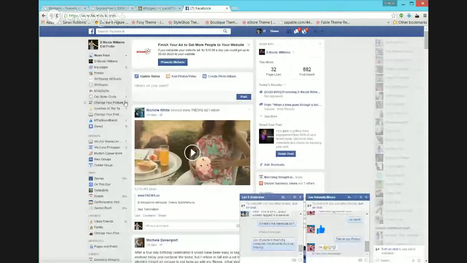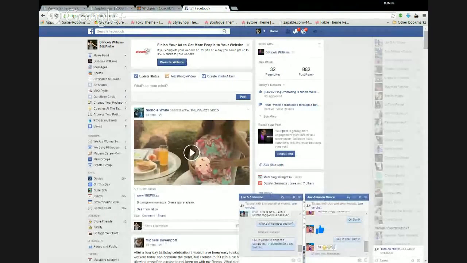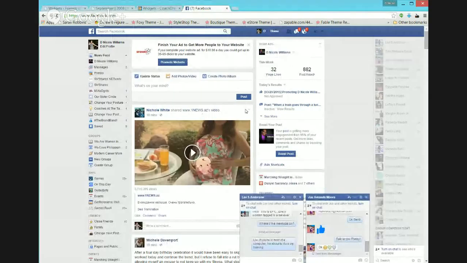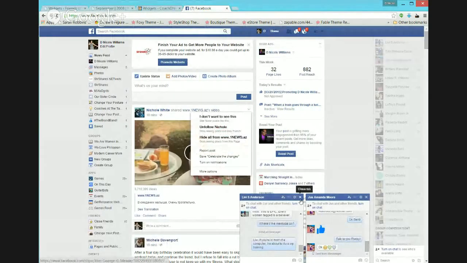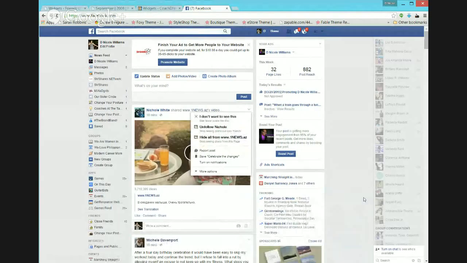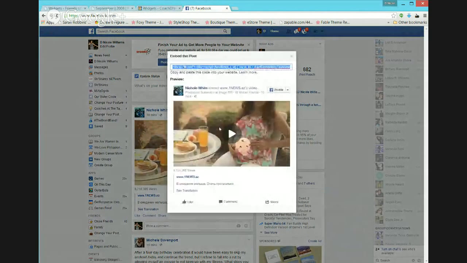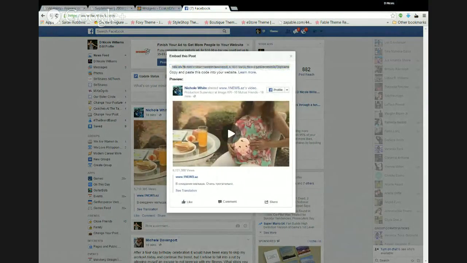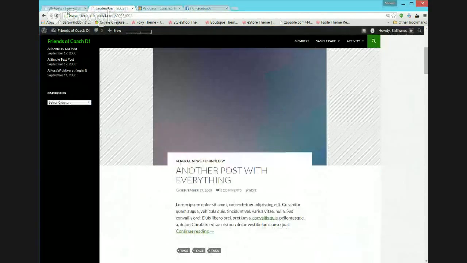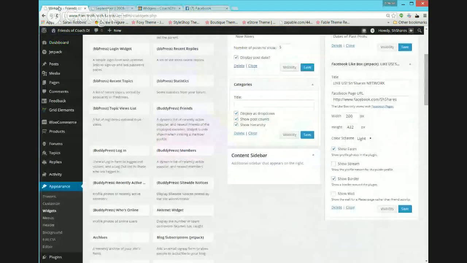Okay, if I am on Facebook, I can see that I could share a post and more options, embed post. Okay, and this is how you get an embed code and you take that embed code, copy it, and you can put it into your own widgets. Okay, so in order to do that, I have to